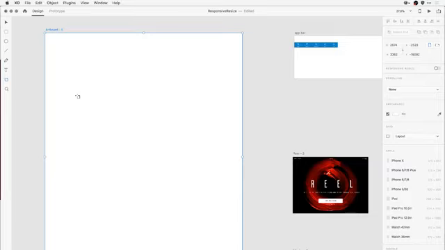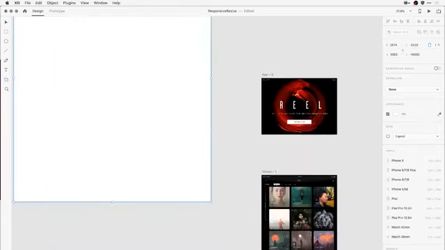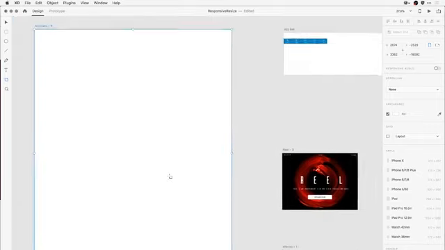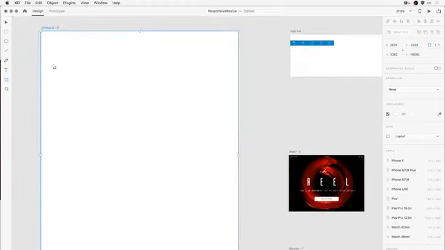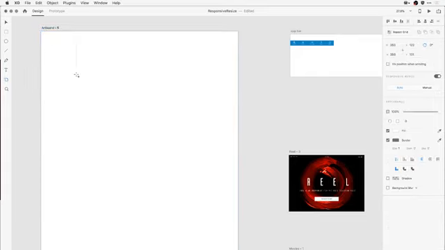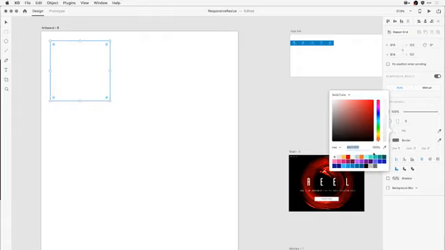So let's say I'm working on what would be a tile-based design. I want to have a series of thumbnails or tiles. The finished design would probably look a lot like this example that I have here towards the bottom. But for now, I'm just going to wireframe this out. So I'm going to select the rectangle tool, and I'll constrain it to give me a pretty good size square. And I'll fill that with a color here, and we'll give it a light